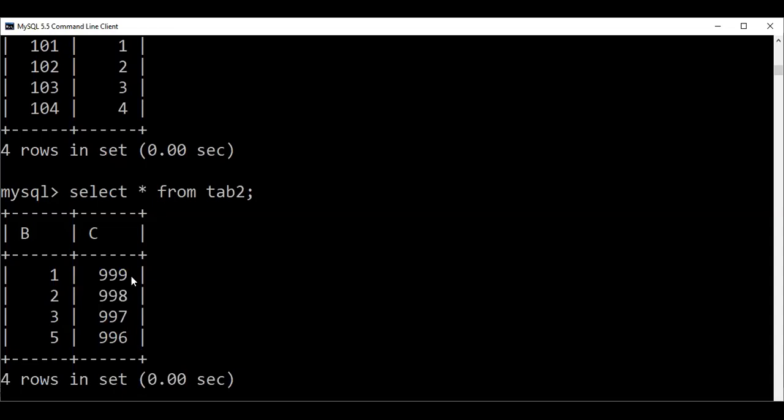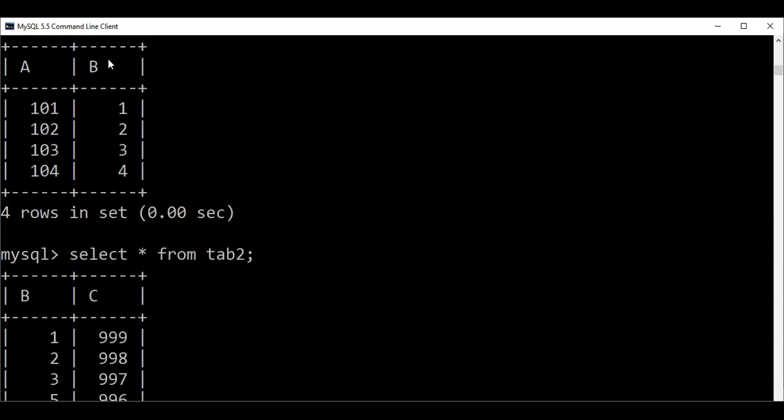Now if I ask, before outer join, in tab 1 and tab 2, can we apply inner join? Yes, because B is common here. Can we apply theta join? Yes. Can we apply natural join? Yes, because there is a common attribute. Let me change this to D. Now we cannot apply natural join, but because of this common value I can apply theta join, EQ join or non-EQ join. But since here this is a special case.